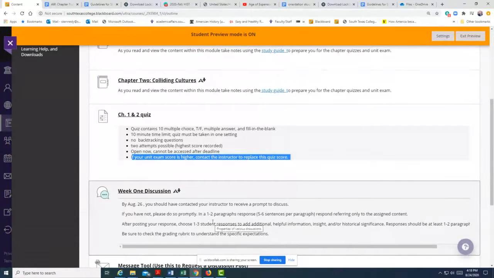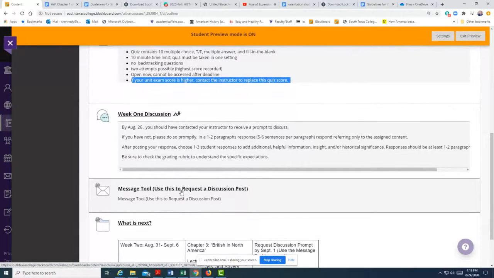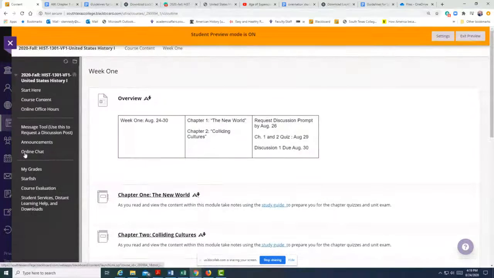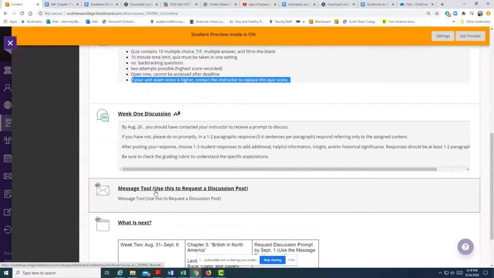The discussion. So the discussions each week by August 26th, use this message tool. You could either access it here within week 1, or you can access it here in the sidebar. Oops, I didn't put it in there. All right, I'll put it in there later. But so for now, once week 1 is available to you, you click here,